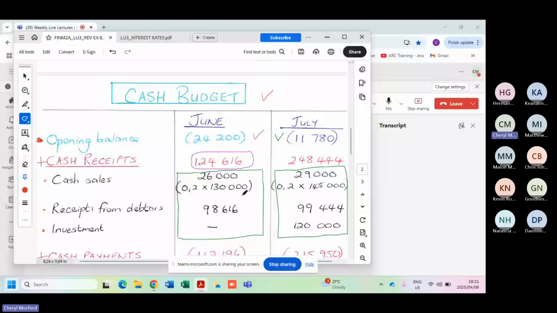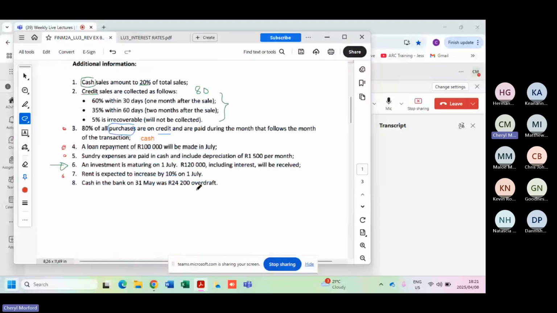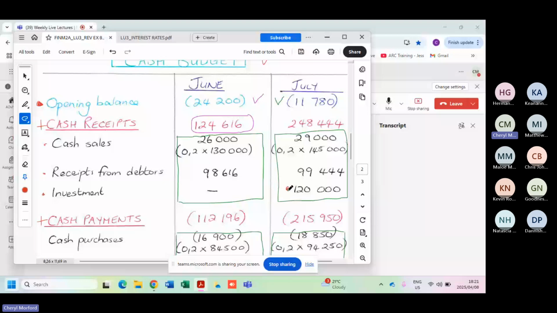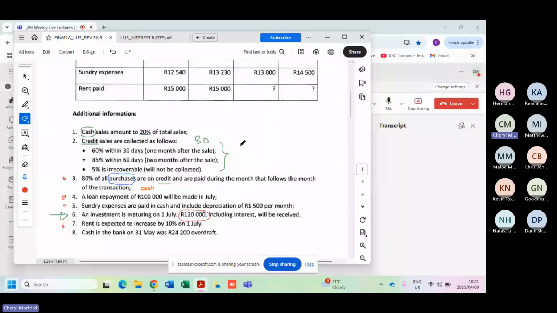The investment is the easy one. Investment is number 6. It's just a once-off of 120,000, and that is only taking place in July. So let's look at that. That's this one over here. But we do need to pay some attention to that number and that number. Reason being, have a look here. This bit. The debtors take quite some time to pay us. So we don't want any mess ups here.